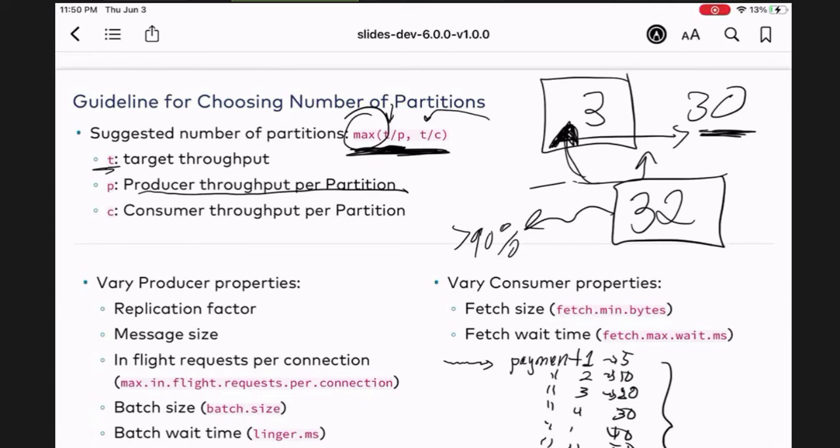And then you can just use the tools that we have. We have a Kafka producer performance tool and a Kafka consumer performance tool. You can use these tools to produce data to the topic and measure the throughput. What does it look like when I'm writing to payment1 with 5 partitions? What does it look like when I'm writing to 10 partitions? And you can measure the performance.